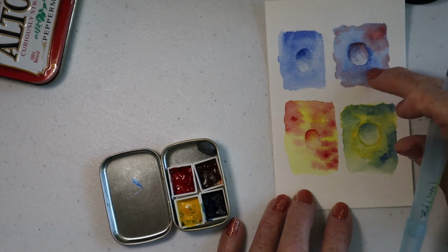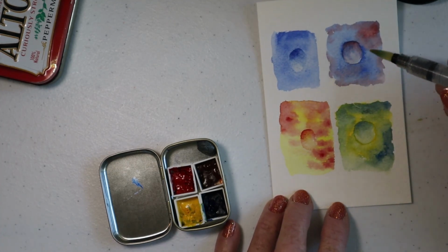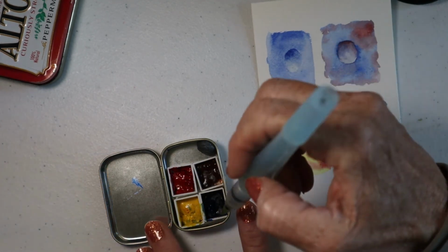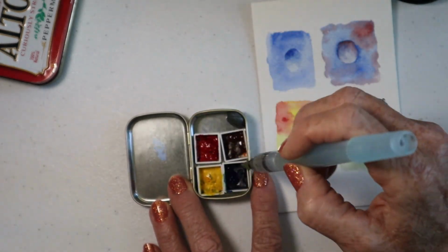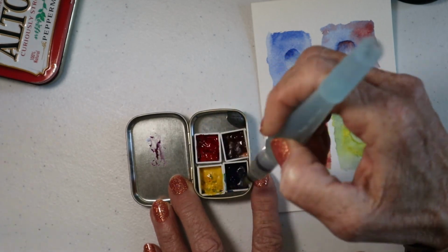All right, so now I'm going to go back to this one up here. By now, this one's dry enough for me to do the shadow. So I just look at some of the dark colors that I have on the paper, on the colors that I used. I had blue and red here, so I haven't mixed anything in my palette yet. So I'm just going to take a little bit of the blue, a little bit of the red,